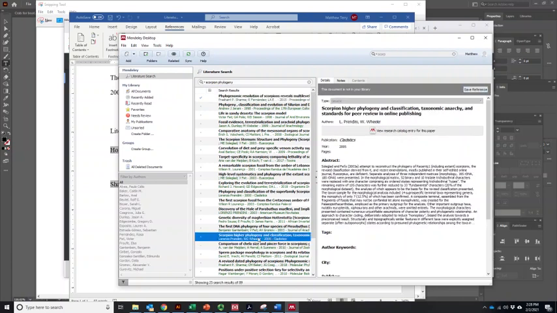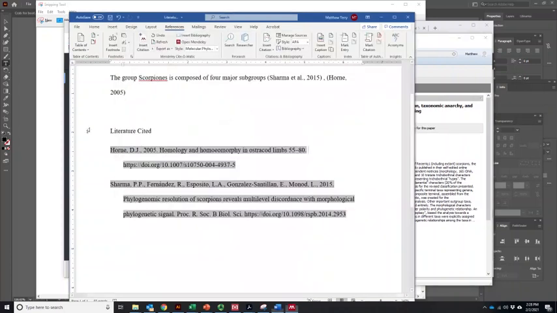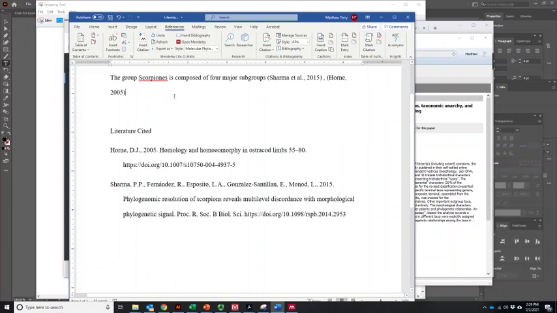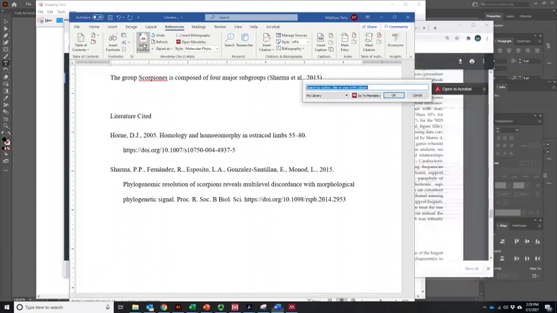Oh, look, there's another one. This is funny. This is from 2005. I did actually have a scorpion phylogeny paper. I just noticed that I had previously downloaded Prendini and Wheeler from 2005. So it's a little bit older, but there we go. Oh, no, that was in my search. So anyway, save. Let's say I want to add that. I'd like to add that one too. Also, notice I put spaces here, but if I add them right next to each other,